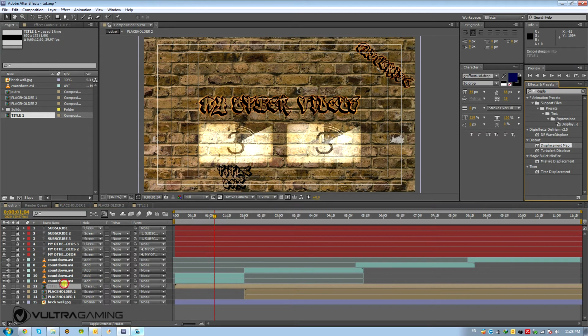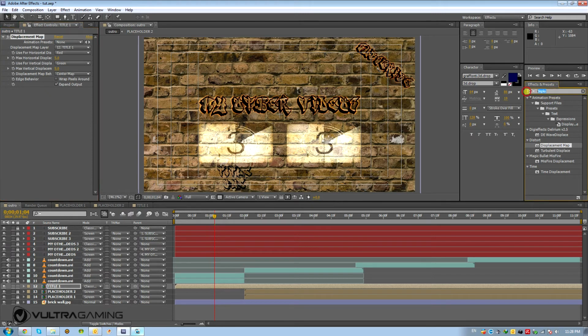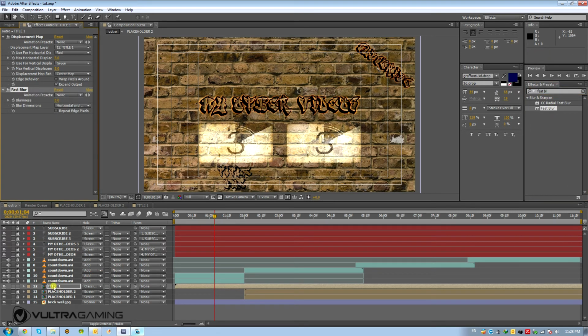Again, I'm going to add displacement map. I'm going to add, you've probably guessed it already, fast blur to it. Let's see, drag that in, and I'm also going to add a fill to it, because I'm going to have 3 layers of this title, and I want them to be different colors. Alright, so I'm